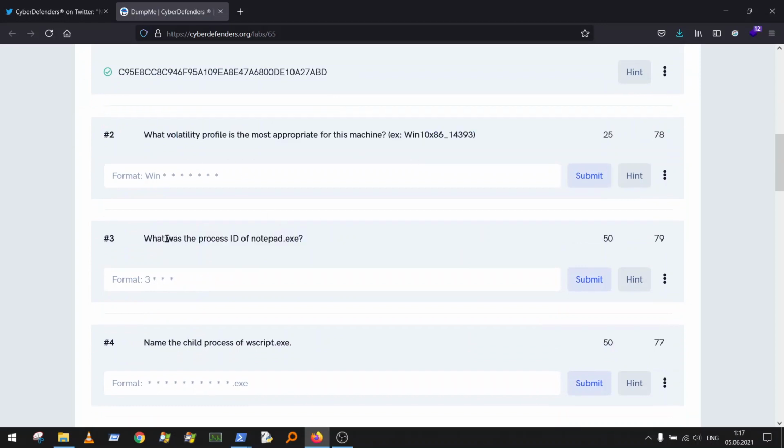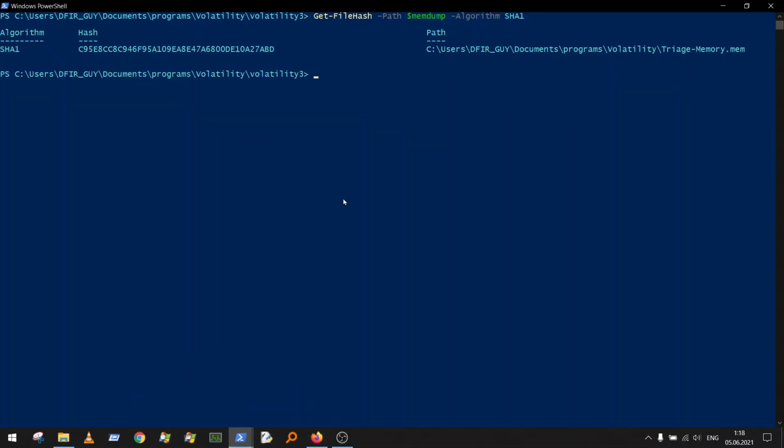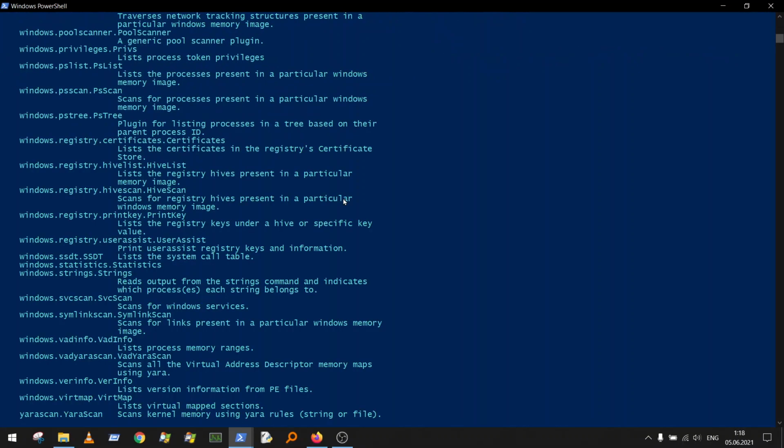What is the third question? The process ID of notepad.exe. So come back to Volatility 3, and you can do something like this. Volatility -f image, our image path, so our variable, and we can basically print help because we want to see how the plugin volatility ps list is defined. And for next time I would like to